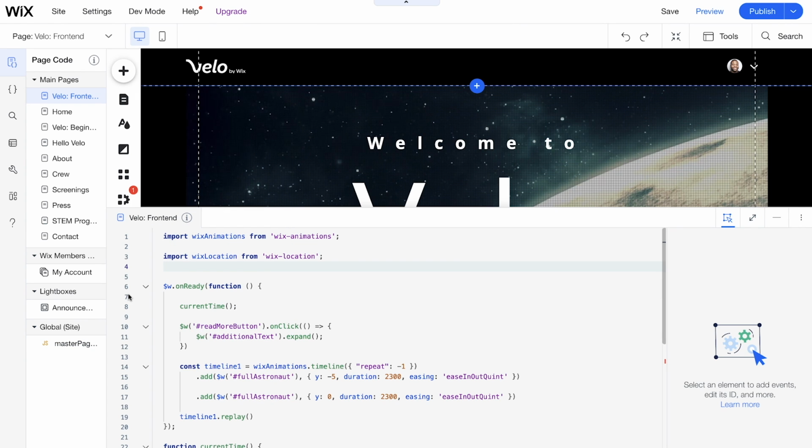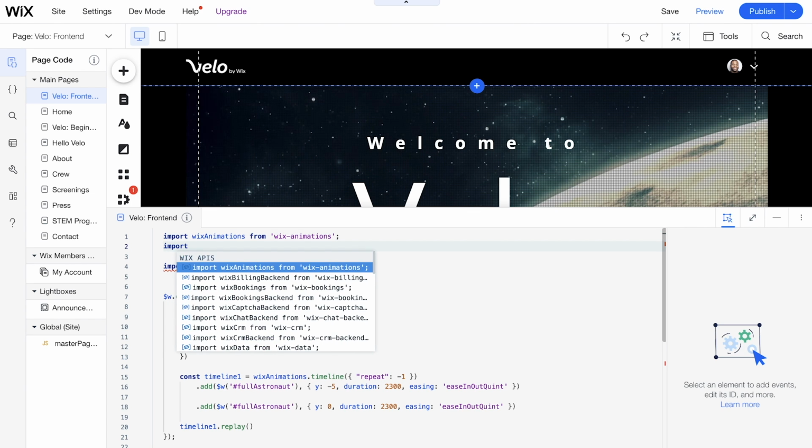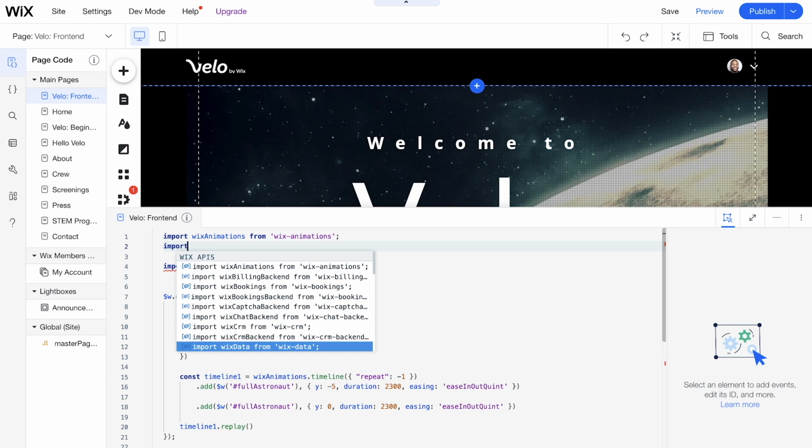It's pretty easy to navigate back and forth. We also have our code panel, or our IDE. Our IDE has its own ESLinter inside of it. It's kind of similar to VS Code, and it also has autofill and autocorrect. So if I go here and I import a new API, you'll see that I get a list from this autofill here. So I can choose a lot of APIs from Wix Data, Wix CRM backend, Wix Animations, Wix Stores to work with that vertical, you name it.